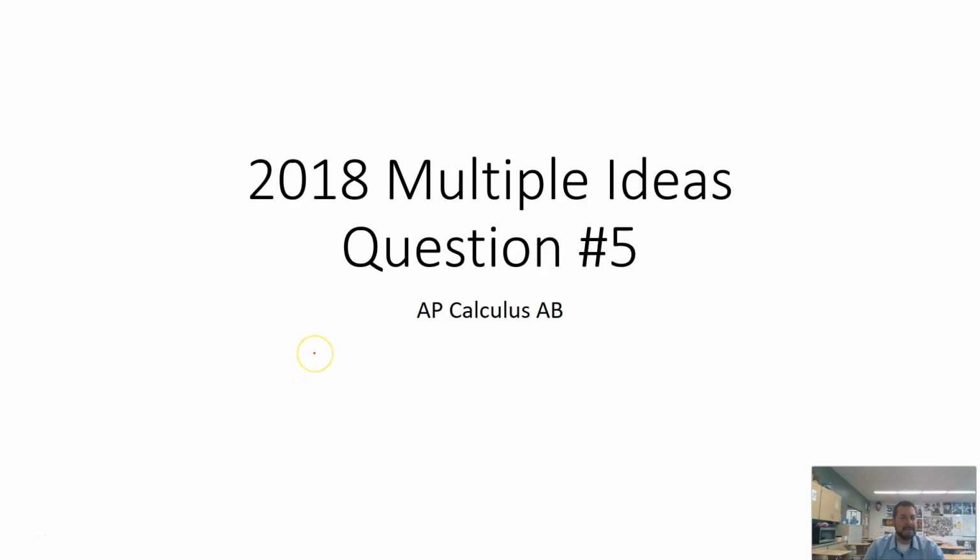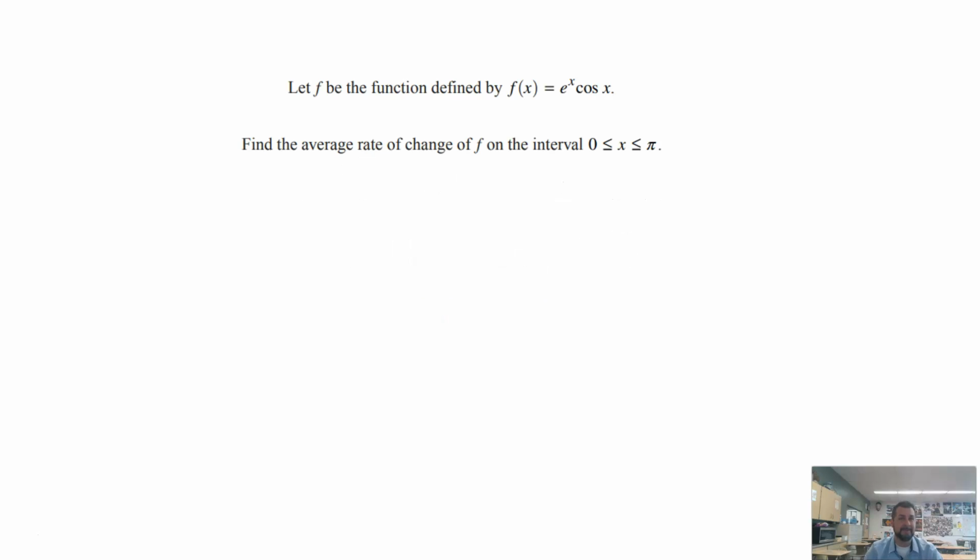All right, so on the 2018 test, question number 5, of all the questions I've ever seen, this one probably has the shortest introduction. And then we kind of jump in, and you're like, okay, it's got a lot of pi, and there's one idea in particular. I was like, holy cow, you're supposed to do that, because it technically should be done without a calculator. So the introduction says, let f be the function defined by f of x